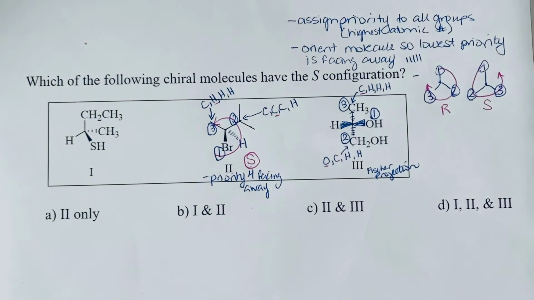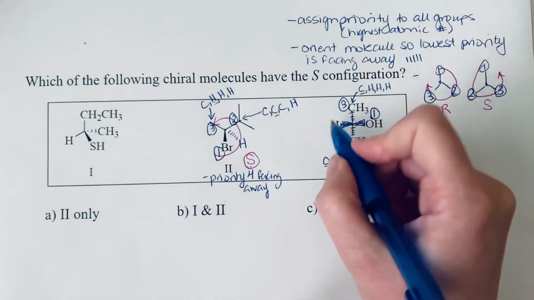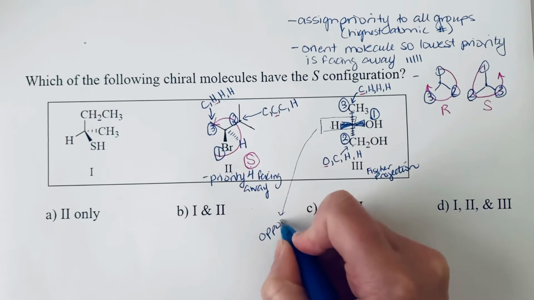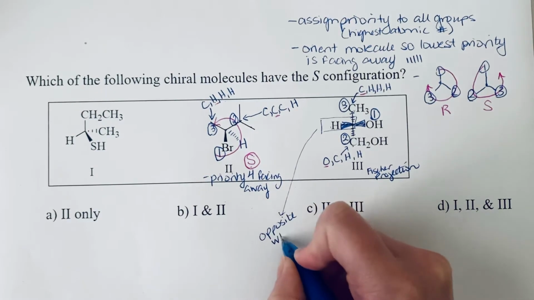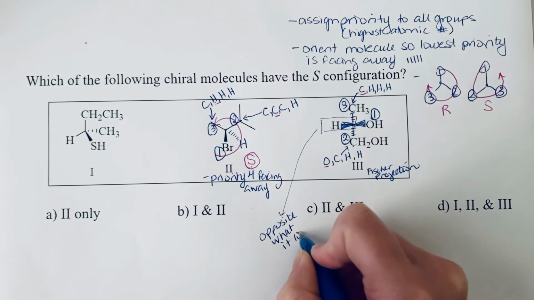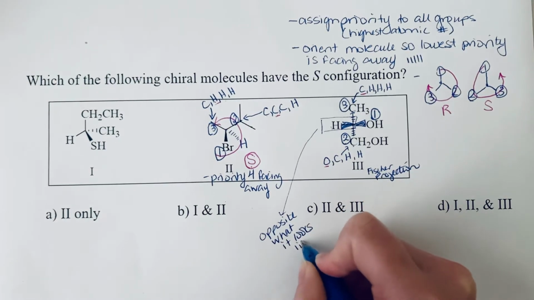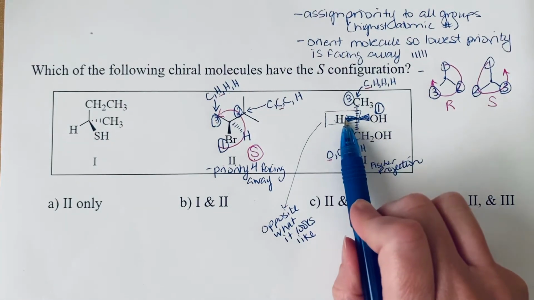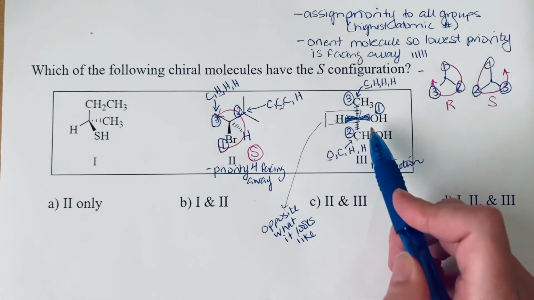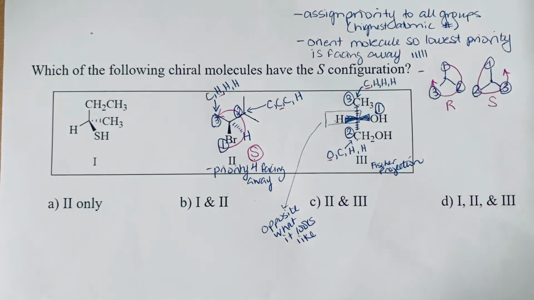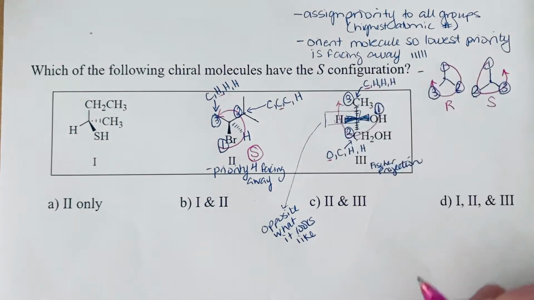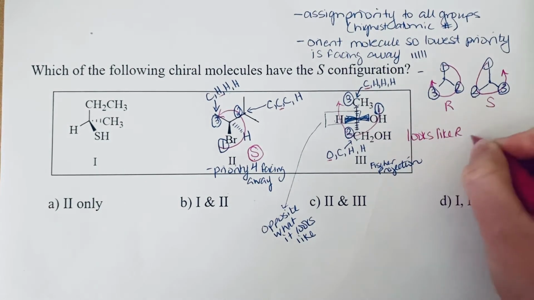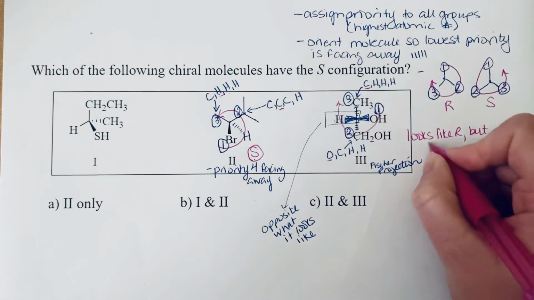So with your lowest priority group sticking out at you, your chirality center will be opposite what it looks like. Right, and that's because if we think about it, we want that oriented away from us, so it's kind of like we're standing behind and looking at it from the wrong direction. So standing this way, I look and I see that these are going clockwise. Okay, so this looks like R, but if we invert it,